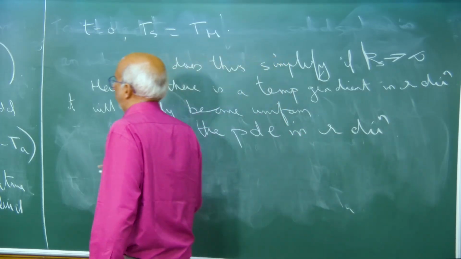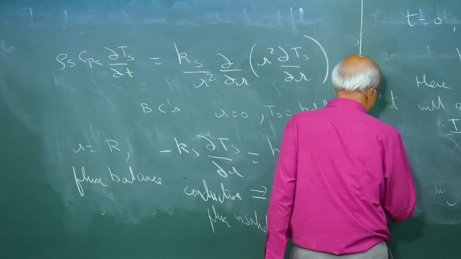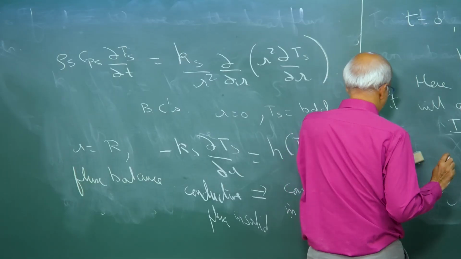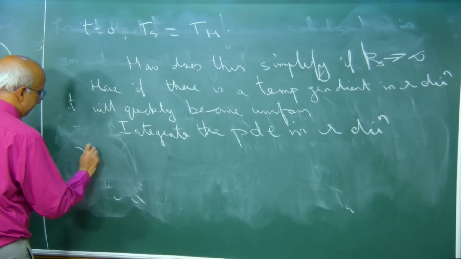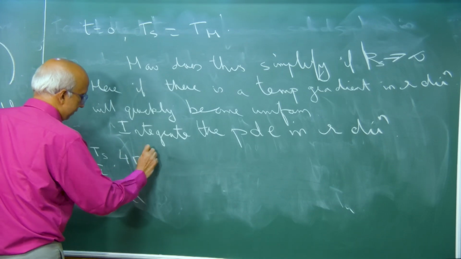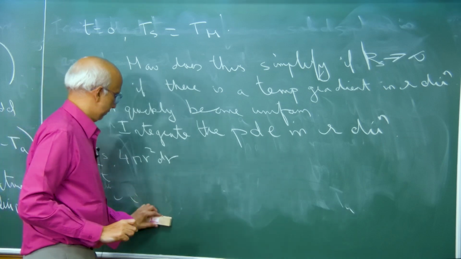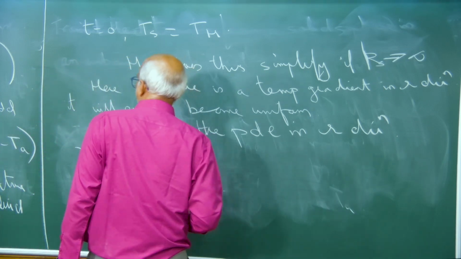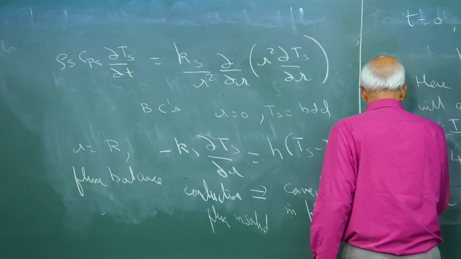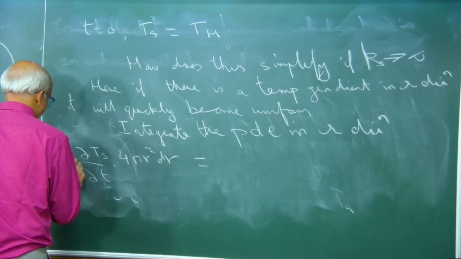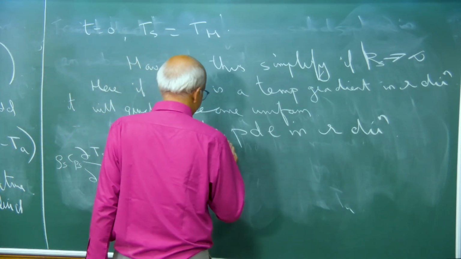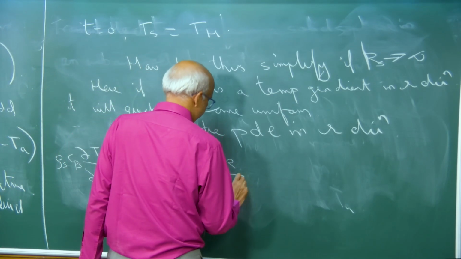That is, I am going to multiply this by 4 pi r squared dr. I have rho s Cps dTs by dt times 4 pi r squared dr is equal to Ks by r squared